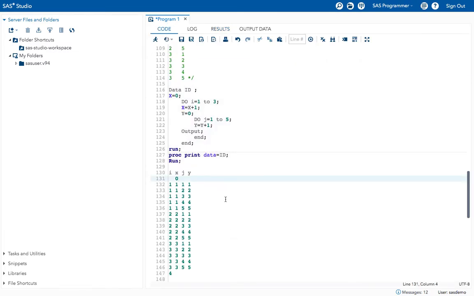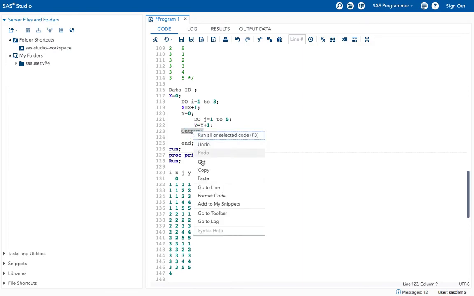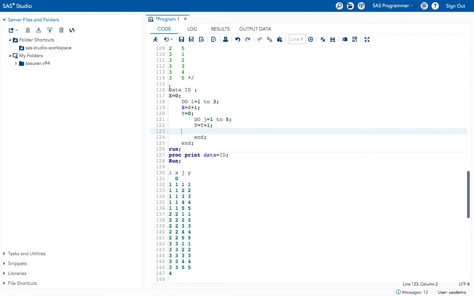Okay, see, for example, now if I take off this output and see the result. As you are mentioning the do loop and the nesting do loop, you have to give the end statement twice.